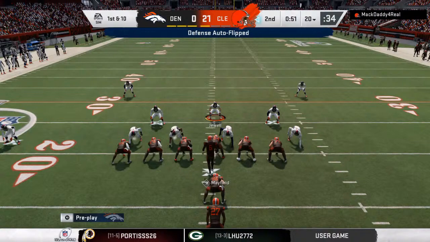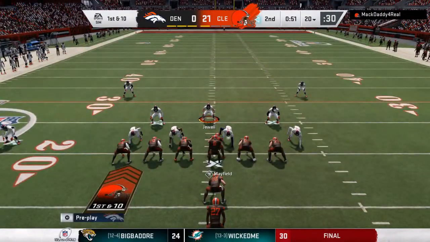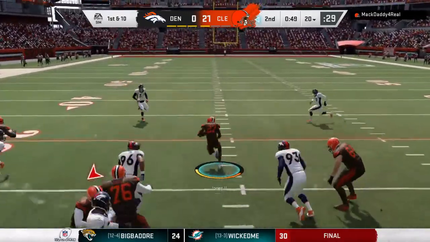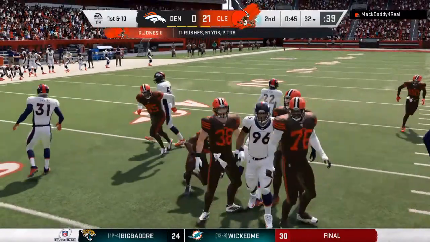The Cleveland offense ready to go. You've got under a minute to go here until halftime. You've got the good-sized lead. No need to do anything crazy. No, there really is no need to do anything crazy. The smart play, go ahead and take your lead into the locker room and then try and add to it